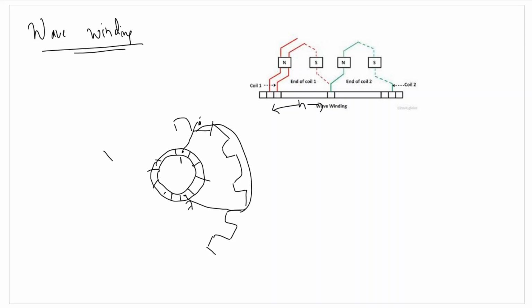While in case of wave winding, the front end of a coil is placed on commutator segment 1. The back end of the coil will be placed P number of commutator pitches apart. So there will not be any uniformity in case of wave winding. The commutator pitch will be decided by a number of factors governing the DC machine. The result will be that only two parallel paths will be produced in case of a wave winding. We cannot go much into the details of lap winding and wave winding.